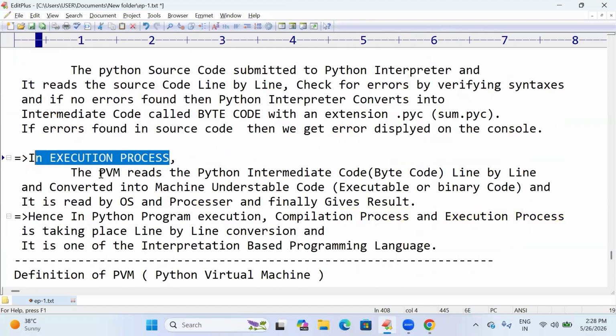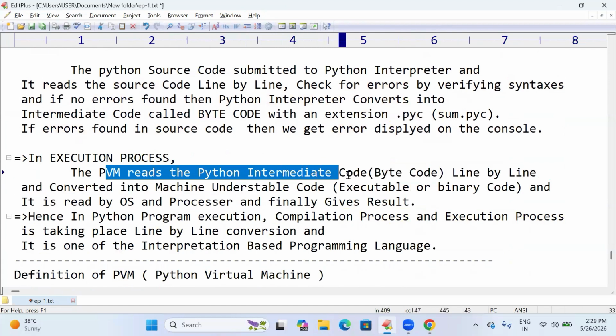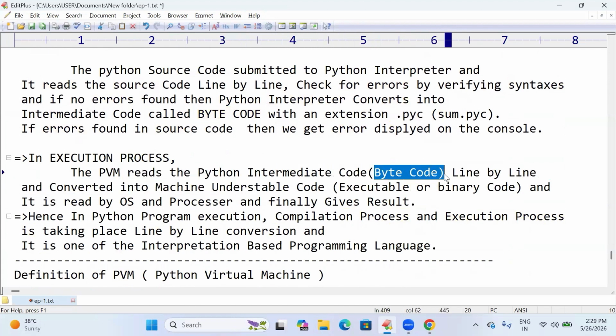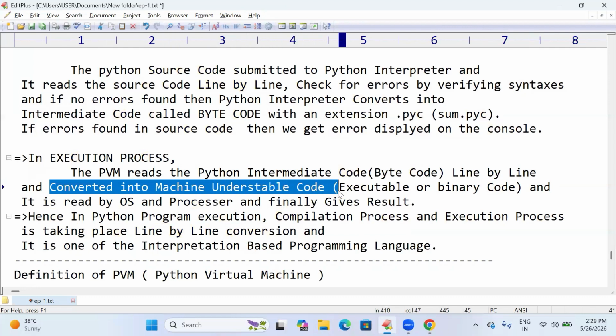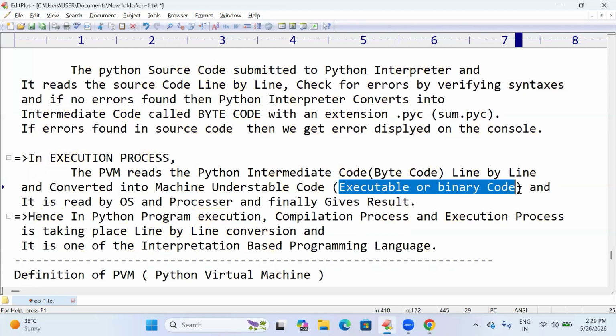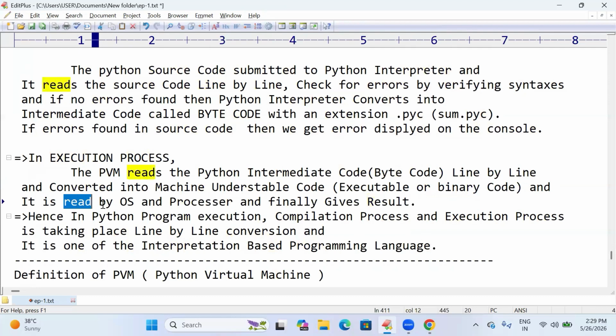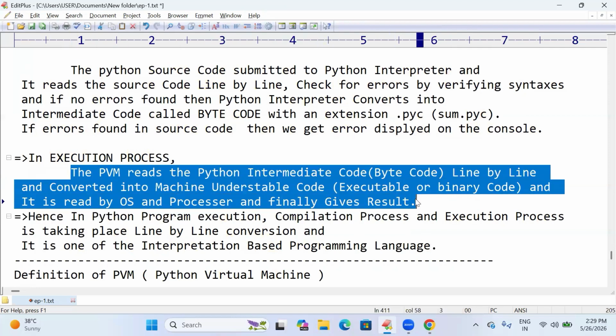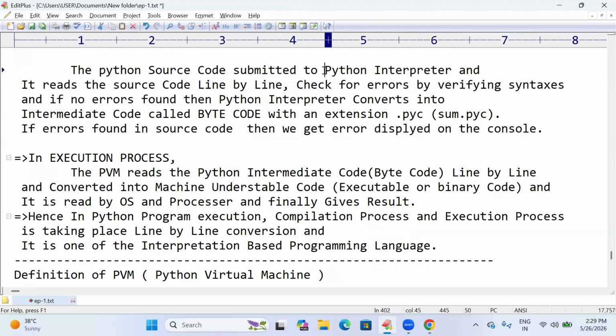In the execution process, the PVM reads the Python intermediate code, bytecode, .pyc code, line by line and converts it into machine understandable code, executable or binary code. It is read by the OS and processor and finally gives the result. So what this paragraph says is the Python interpreter converts the source code to intermediate code.